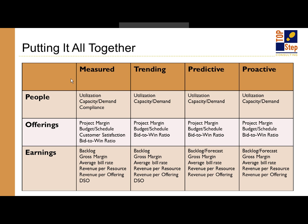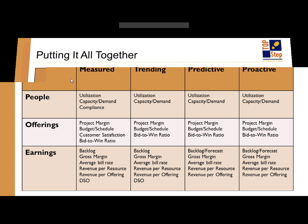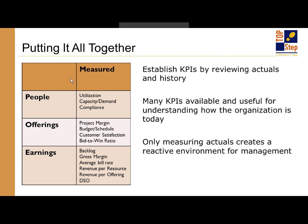And then if you take a look at this grid and say, well, I measure this, where are you at as far as the levels of maturity, so to speak, in the organization? So just taking the first one, like measured, this is where organizations are measuring it as of right now, which is good information. It's definitely a snapshot view. It establishes your KPIs, so it could be something where you actually establish sort of a base and initial value,